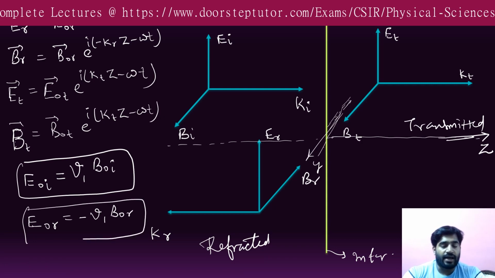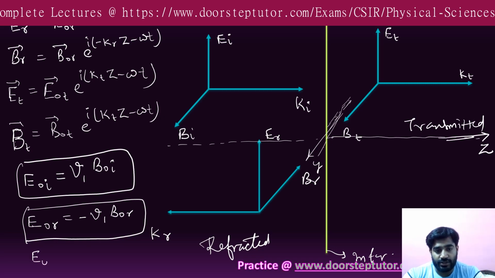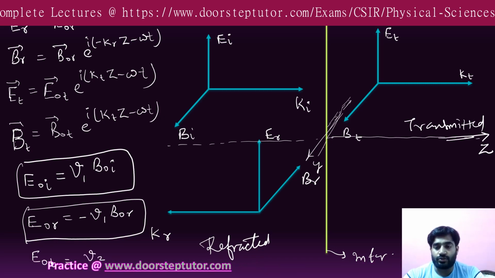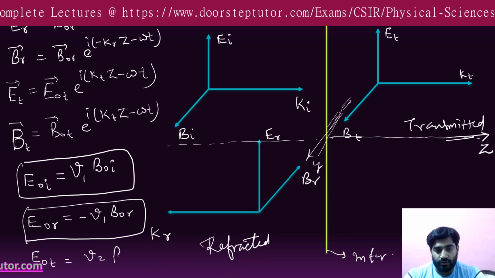Last one is for transmission: the relation is v2, because the velocity v2 is for medium 2, times B naught t. These are the relations. Now we come to